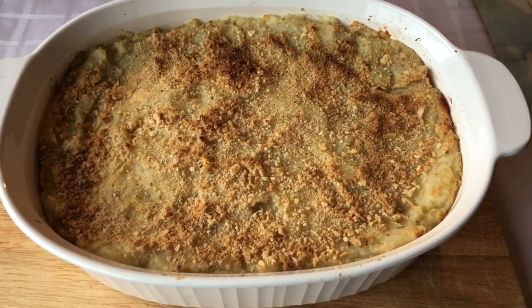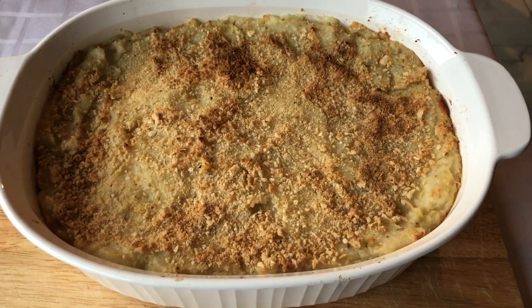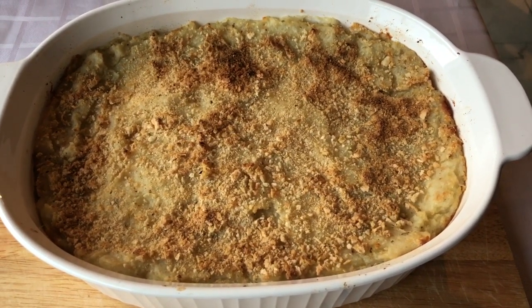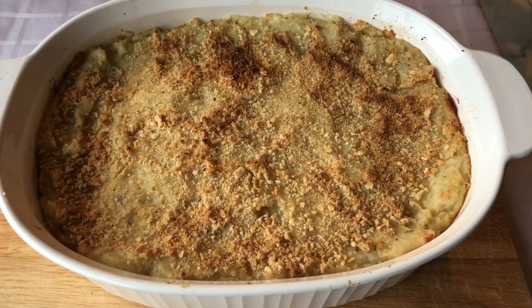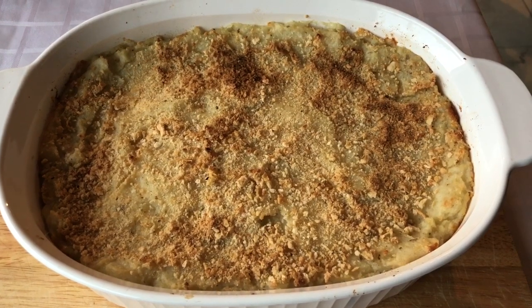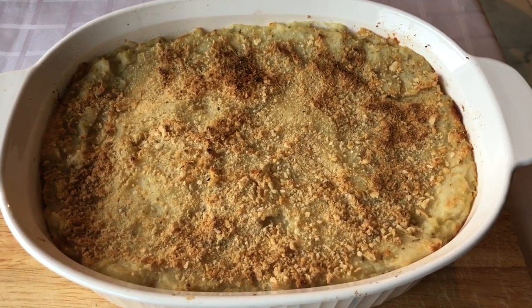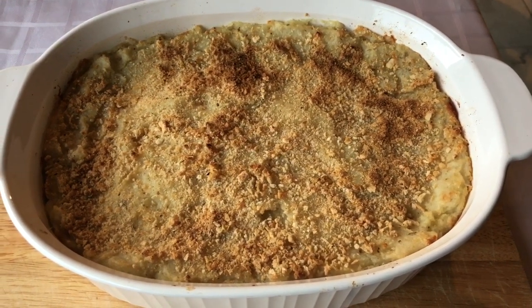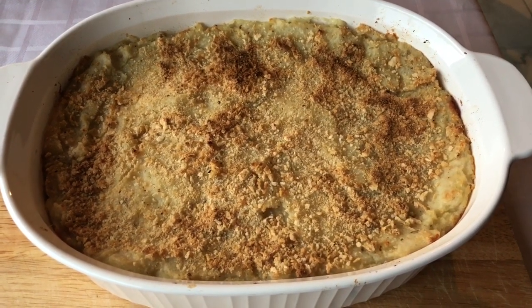Today we have a special treat for all you potato lovers out there. We are going to show you how to make this delicious, divine baked mashed potatoes. Not like your regular mashed potatoes. This is over the top. And also you need to watch the video because we have a secret special ingredient inside that you will